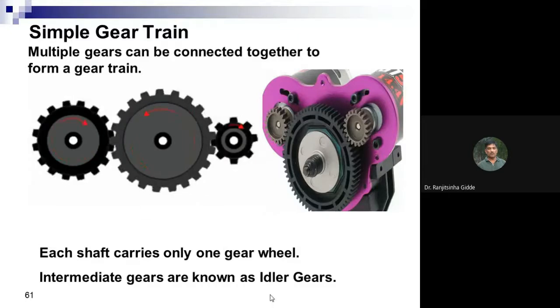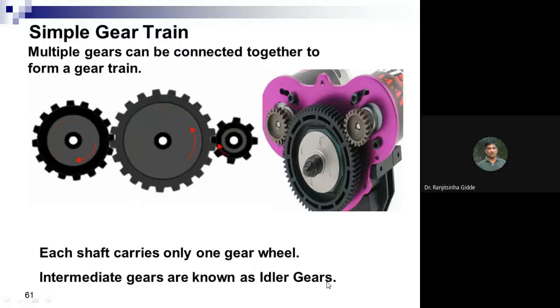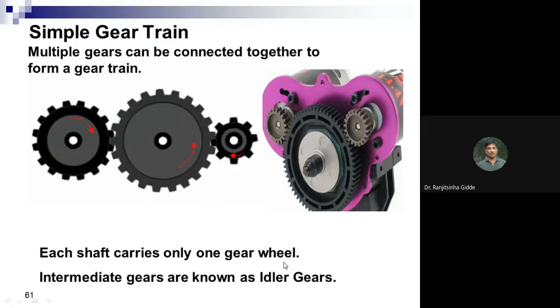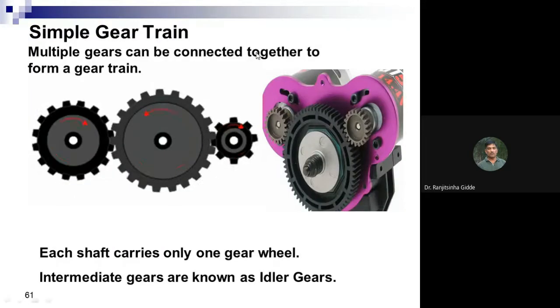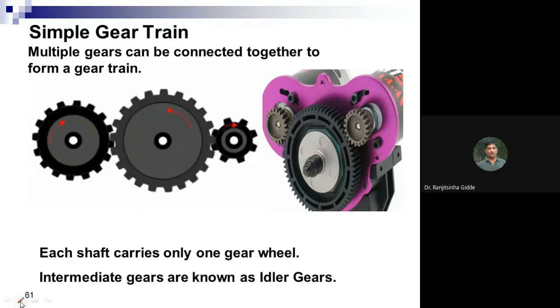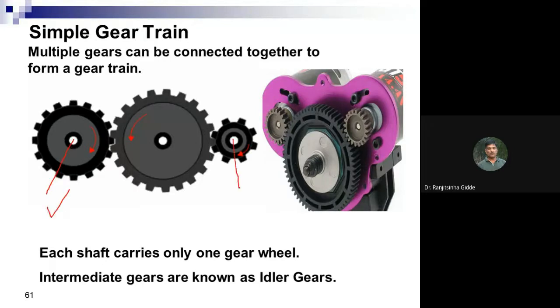Okay. So during the last lecture, we started part two from this unit number 5, that is related to the gear train. So we have seen the simple gear train. This one is the simple gear train, wherein this one is the input shaft and this is the output shaft. What is the characteristic of a simple gear train? Only one gear on each shaft.